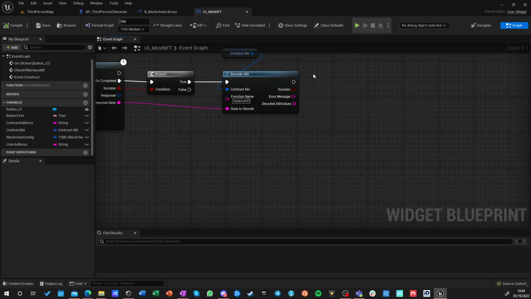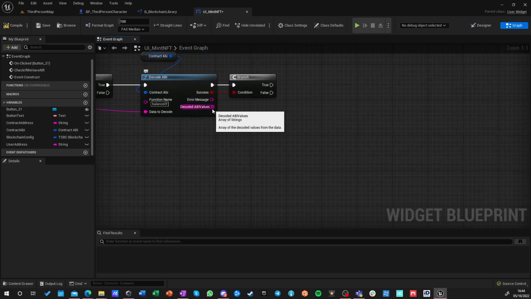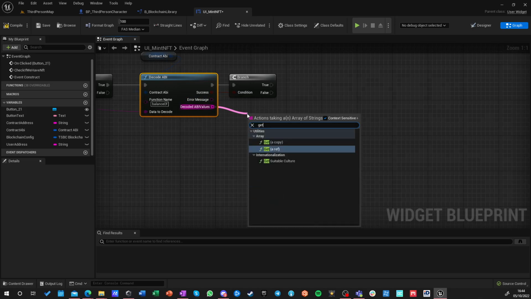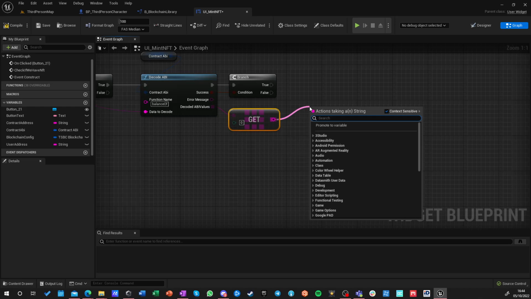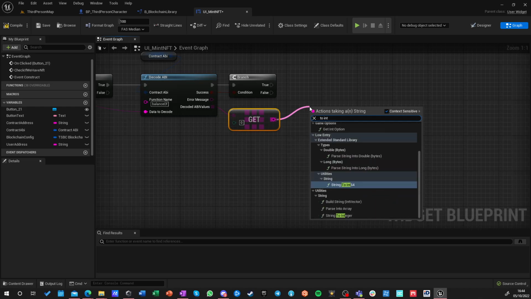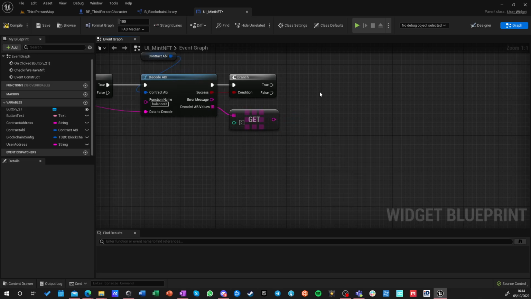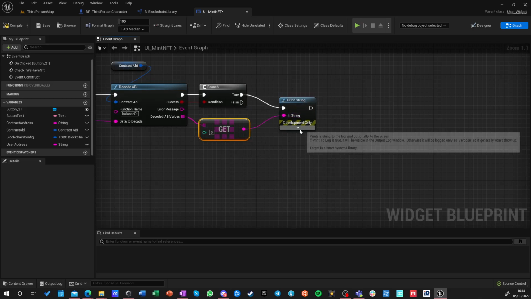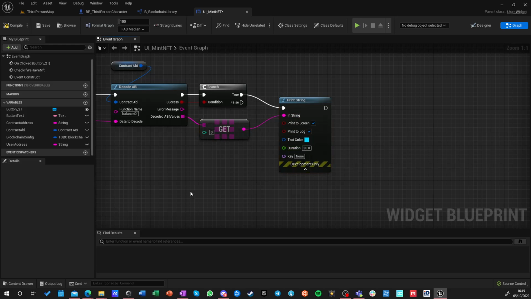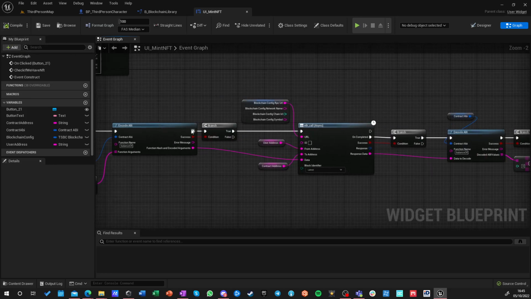And on success, decoded ABI value, we will have a single value. So we just get a copy of the first value. And we want to just print string, just for now, and see how big it is. Let's say 20 seconds. So now